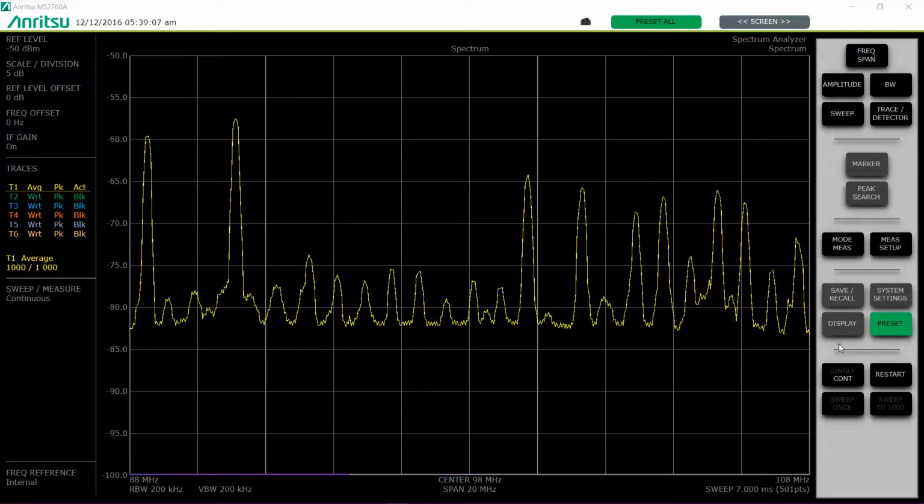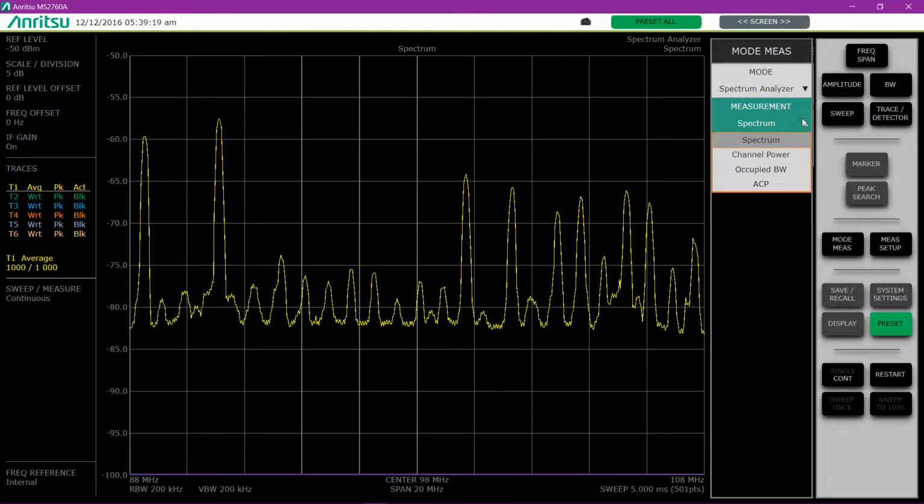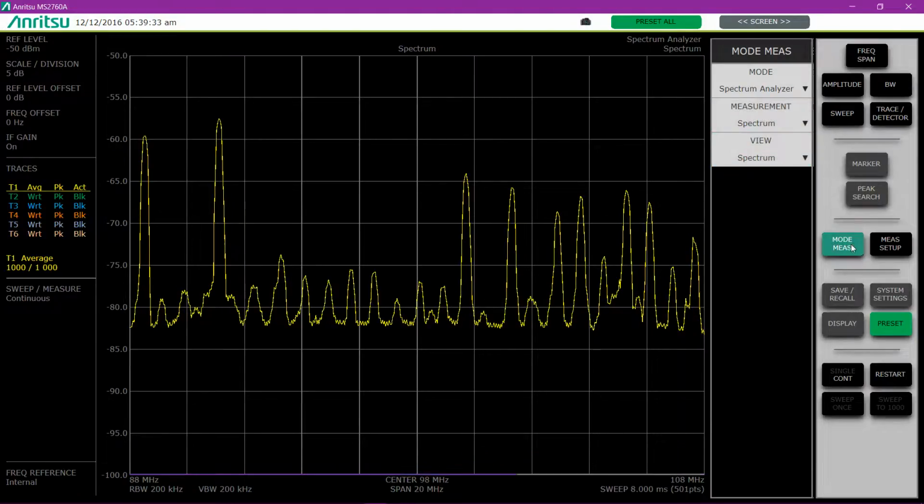Looking quickly at the mode measure button here, we have the ability to select what analyzer mode you can be in, and right now we only have one choice, spectrum analyzer. What measurement you want to be in: spectrum mode measurement, channel power, occupied bandwidth or adjacent channel power, and what view, spectrum or maybe spectrogram in the future. So right now we're going to look at the spectrum mode, and after I've selected my mode and my measurement